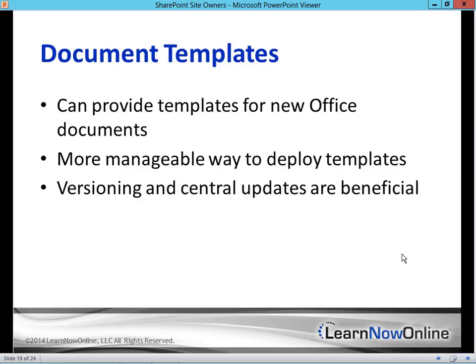So there are a lot of benefits to using templates. And as I say, often it's just looking at Word, but you can have any Office document, such as PowerPoint, have those templates in place and be able to use them. You can use those just in your site, or your organization may actually make a repository for your enterprise templates